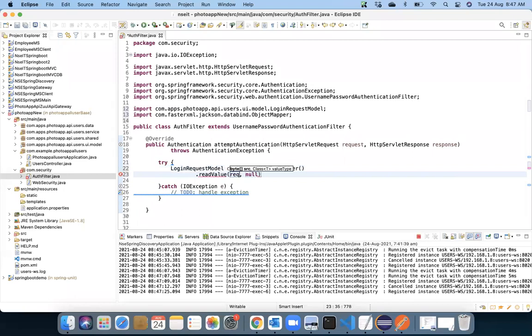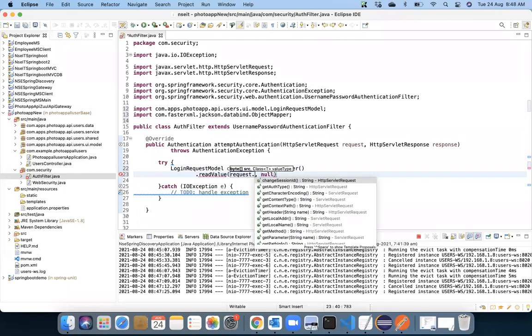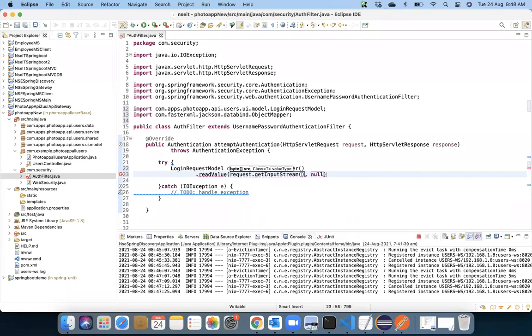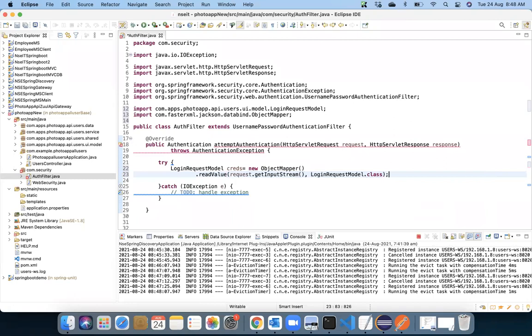Number one, request.getInputStream. And the second parameter will be the class holding the username and password, and that is called LoginRequestModel.class. Like this.